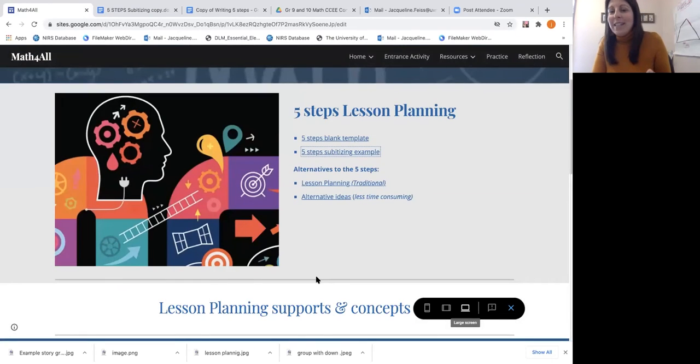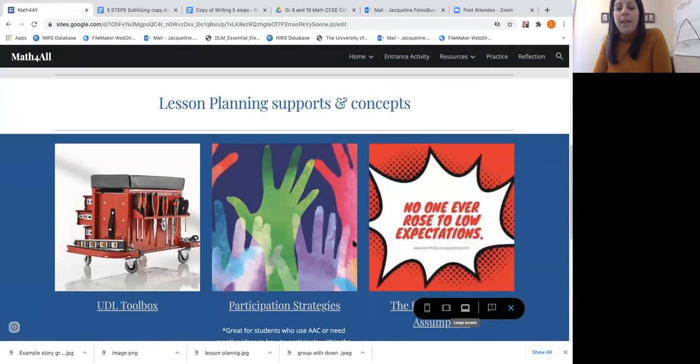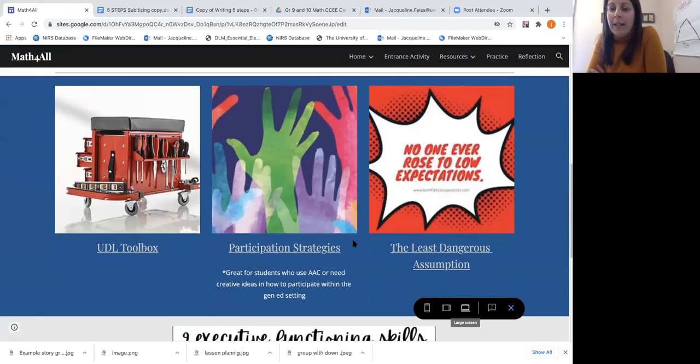There are some alternative ideas that you can look at later, like using sticky notes to share and things like that that are listed. And then there are some supports I wanted you to know that exist. There's a UDL toolbox that you can dig into later. That's all mostly free resources that help universally design a classroom. For our students in your classroom that need augmentative communication, like the device that I've been doing a bad job of modeling for you right now, those strategies are listed in there.